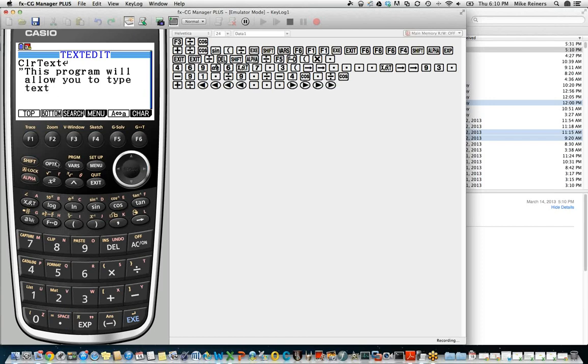Go to the end of the word text, press the alpha key to get out of Alpha Lock, type a decimal point, which looks like a period here, and then a quick closing quotes, alpha, close quotes, and press execute. So I have not used any kind of special display command. I didn't use the locate command. I just typed some text in quotes.